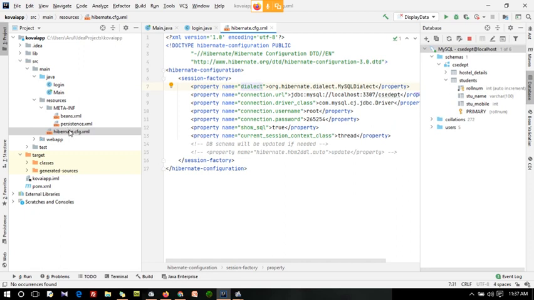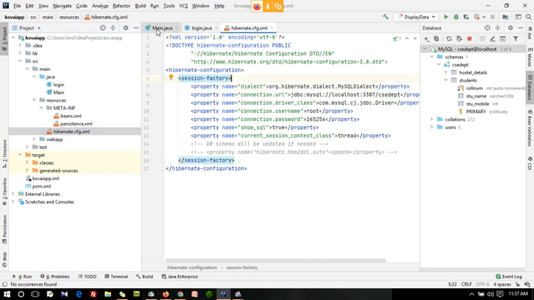At the time of adding the framework support, the Hibernate config will get created inside my Java folder. The main file and the Hibernate configuration both will be created inside my Java folder. What you do is, in the beginning itself, just move that Hibernate config file to the resources folder, and then you can write everything. Now I have replaced this inside my resources folder, guys.